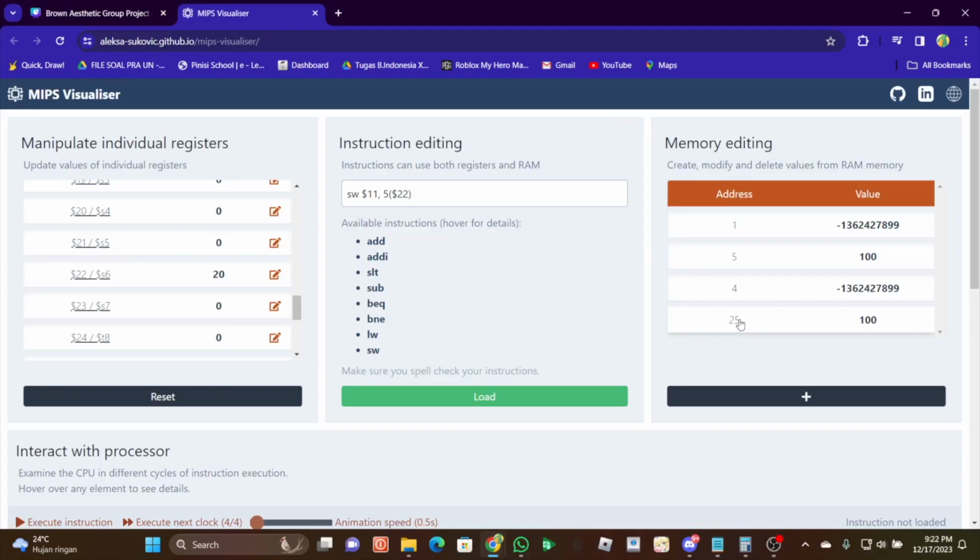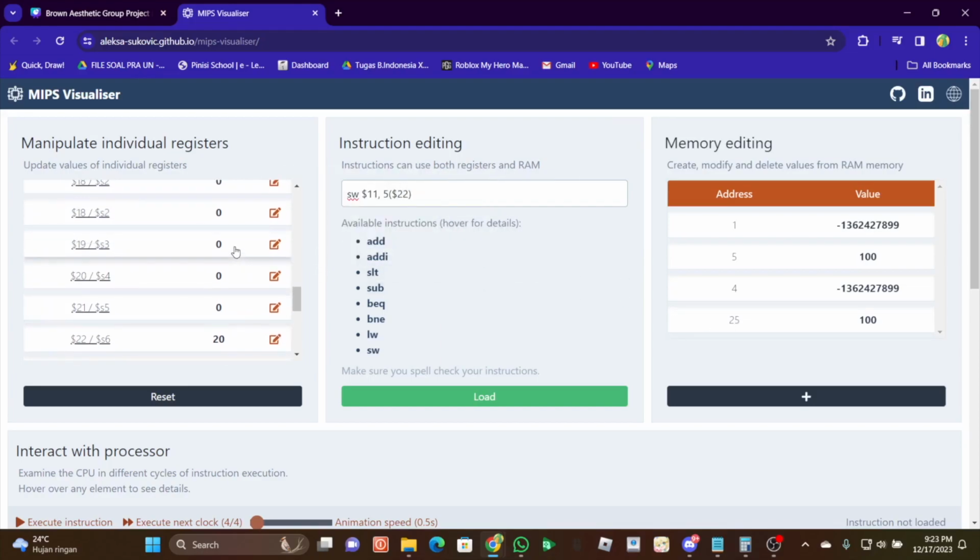Why is it 25? Because the target is not only address 5, but it's plus the value of this address, which is 20. Then 5 plus 20 is 25. So the address is 25.